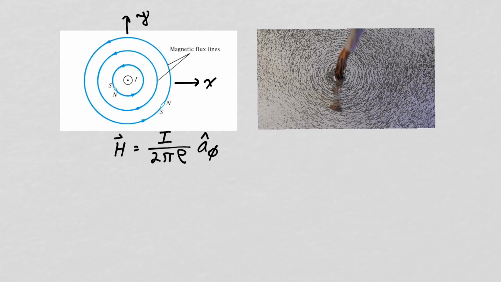And we can show qualitative agreement with this result from an experiment where we have an infinite line of current going through a piece of plastic where we've placed iron filings. When current is flowing through the wire, we see that the iron filings rotate along the field lines and form these concentric circles. Farther away from the wire, we see that the iron filings have not moved, and that's because of the fall off in the magnetic field intensity with distance from the wire.